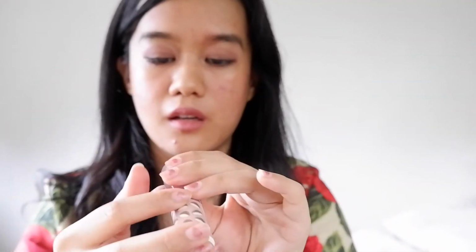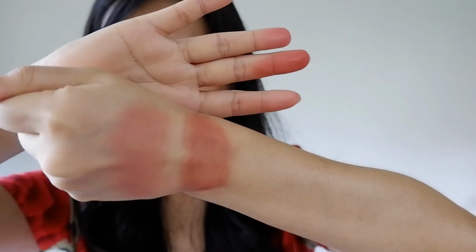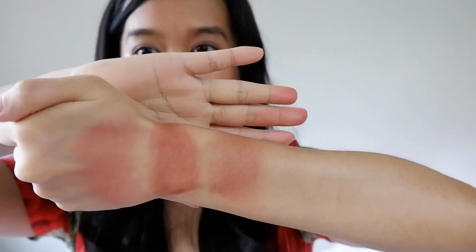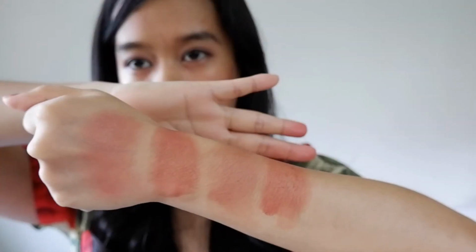And I'm going to compare it with Cocoa Crush from the BLK Creamy Soft Matte Creamy All Over Paint. So this is Stunner and this is Cocoa Crush from BLK. This one is Posh. This is a lip dip, but as I mentioned, lip dip is also a multitask product, so let's compare. Pretty similar. So this is Stunner and Posh. And then this is the BLK Terracota Airy Matte Tint. Again, another multi-purpose product. So let's see. There. Stunner is a bit more pinky than the three shades that I...